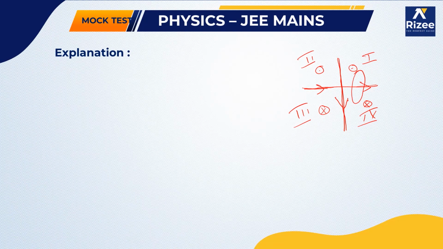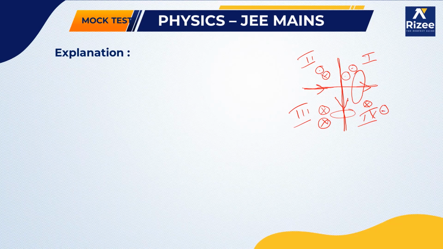So now because of the current which has been vertically coming in the downward direction, here the field will be moving out of the plane, a dot, and in this particular case it will be coming into the plane, and here also. So now suppose this is your direction, coming in the downward direction, it is going into the plane here, and here it will be coming out of the plane.